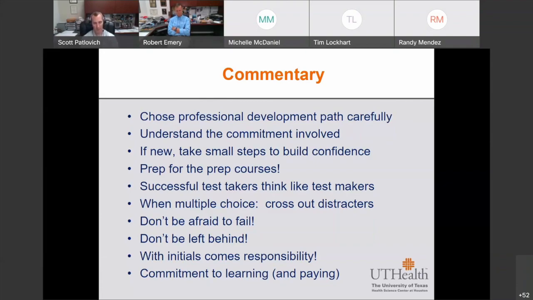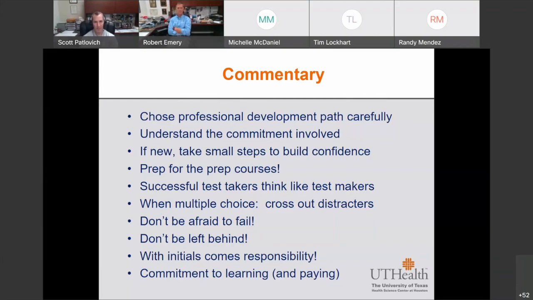Prep for the prep courses. So don't be bashful. Even if you've been in this field for a long time, these prep courses that are designed by various different outfits, there's some professional companies out there that do this for a living. We offer these professional development courses to help prep people to take different professional exams. Even if you're experienced, take the courses. It's great refresher information. You can hone in on things that you might not know so well or haven't done in a while to get you fully prepared for these exams.